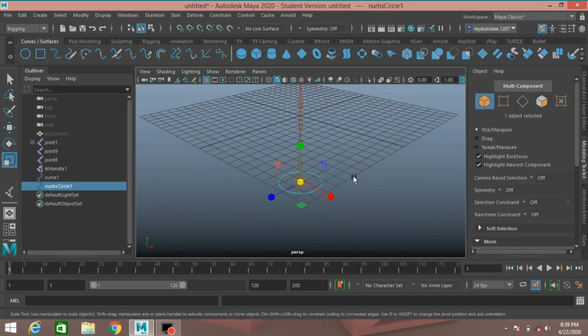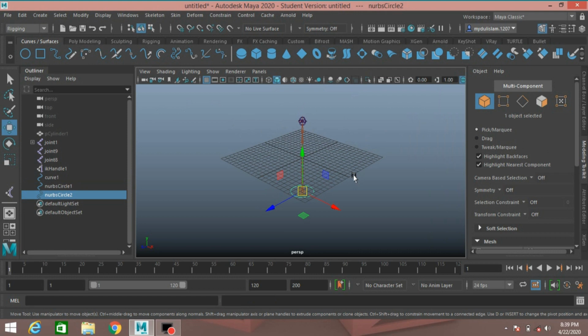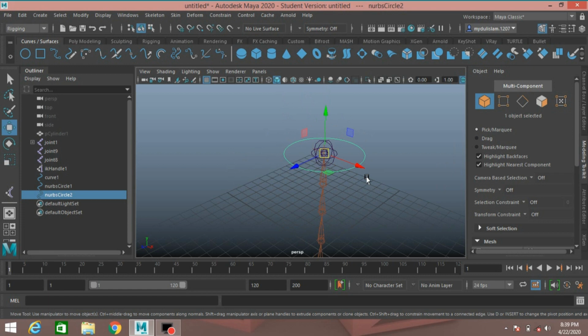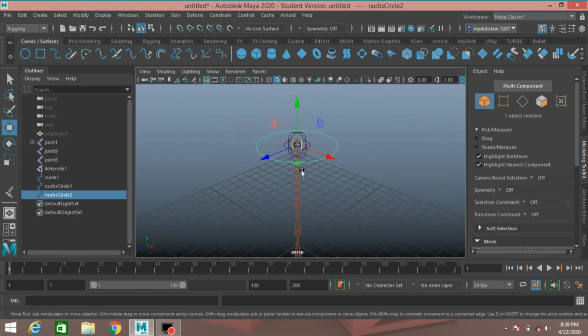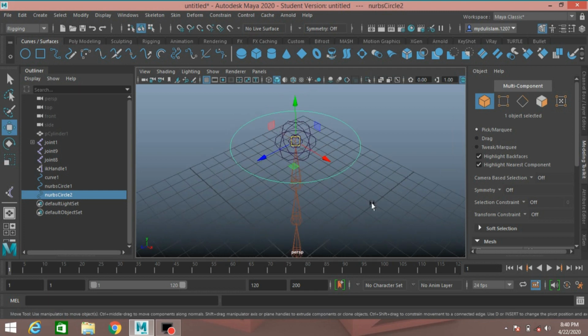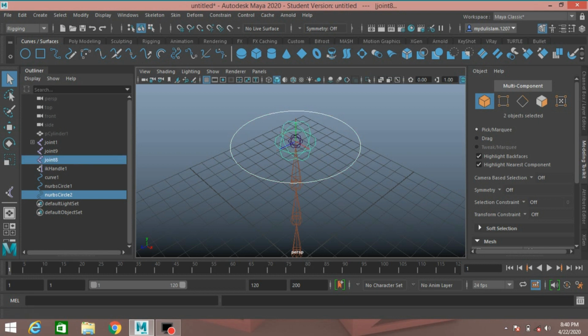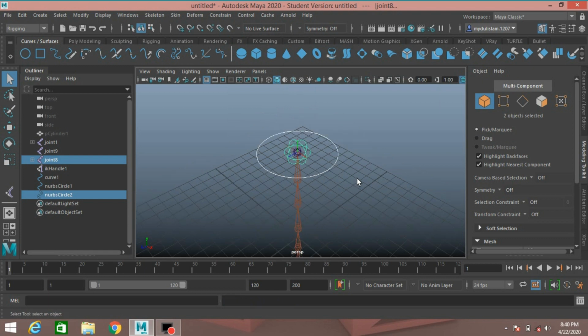Now go to object mode, press Ctrl plus D to duplicate it and press V to snap it to the upper joint and see. This will position correctly.